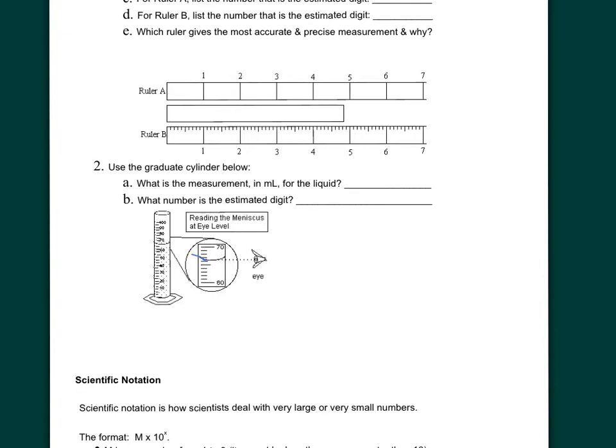And here, the meniscus, you can see it there. So I would say this measurement is between 60 and 70. In fact, it's a little more than halfway, so that's 65. And it looks like it's at about 66, so I would call that 66. We know it's 66, and my guess digit is going to be the last one, which is 0, so 66.0